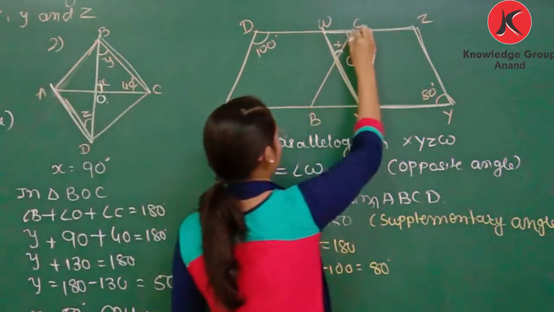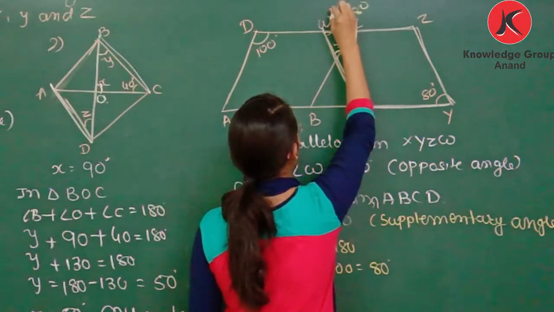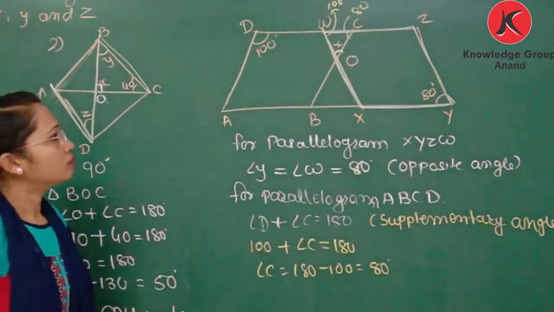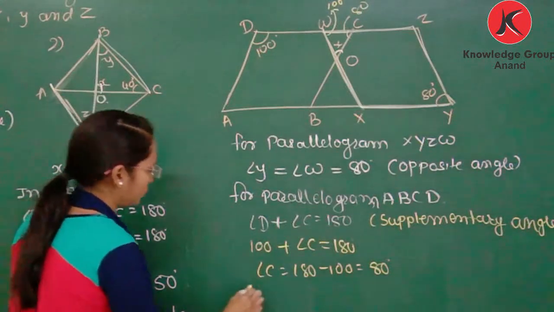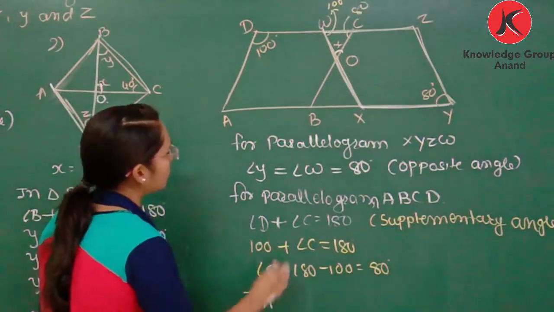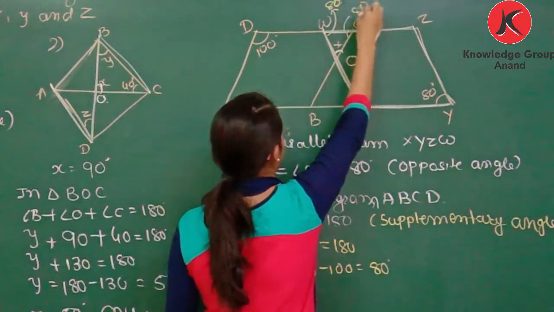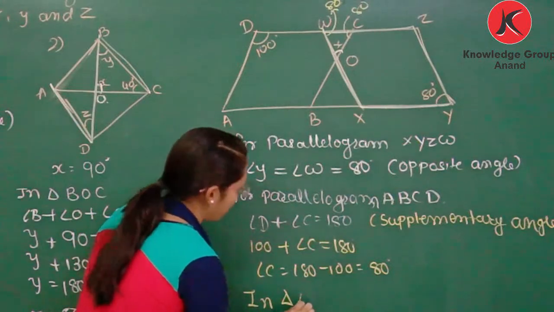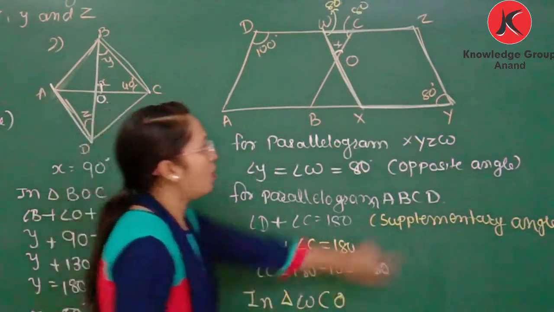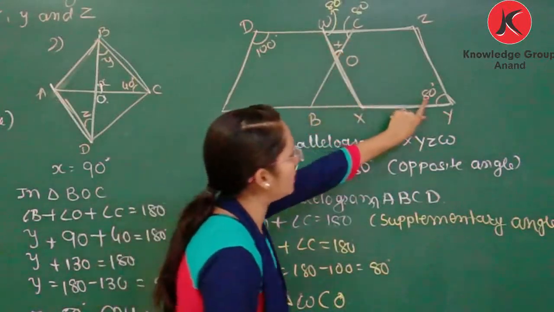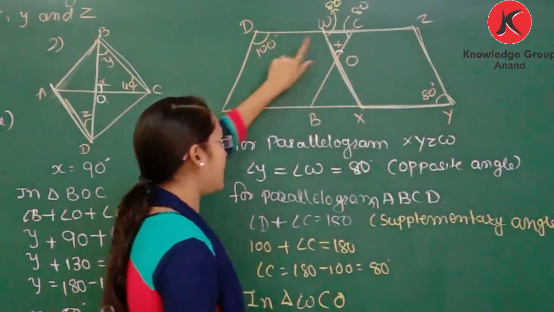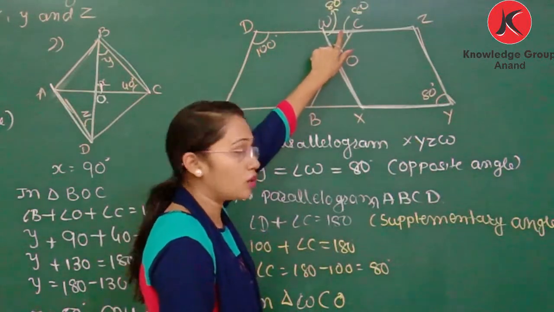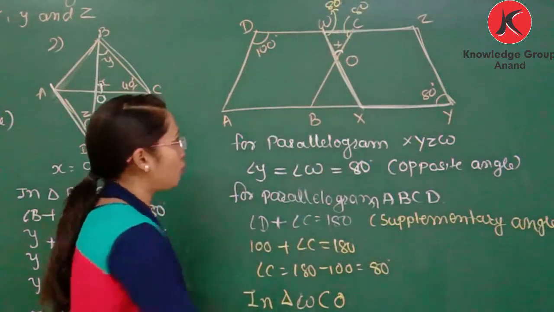Now we have the value, that is 80, and this angle is 100. So in a triangle, this W is 80 and this is also 80. So in triangle WCO, y and w are opposite angles, so this one is 80, and this is also 80. D and C are supplementary angles, so this is 100, so this one is also 80. Okay, now both angles are 80, so in a triangle